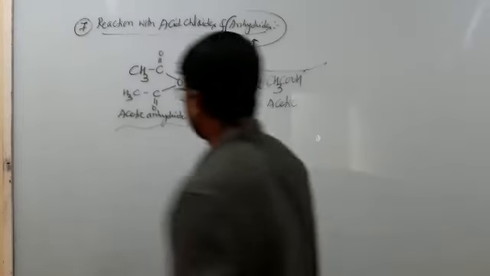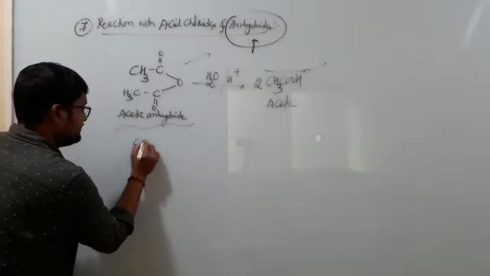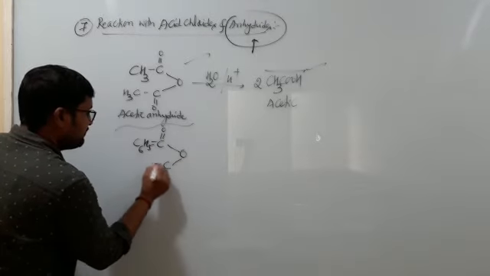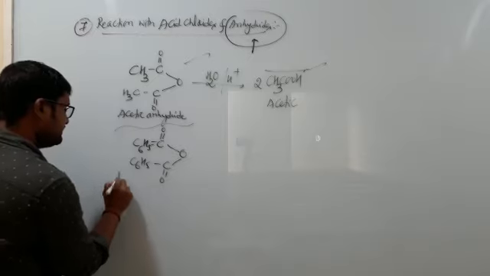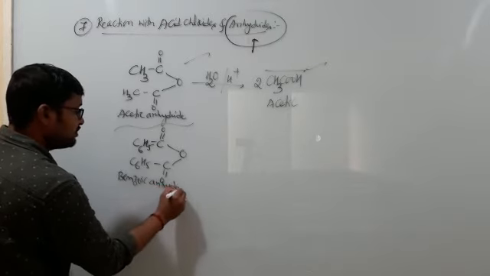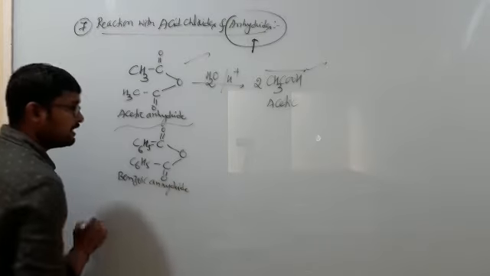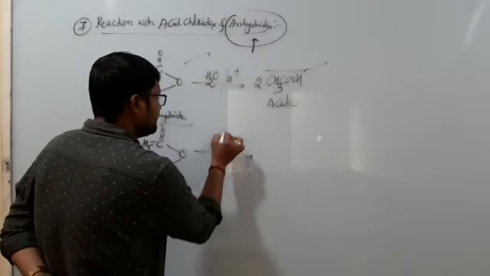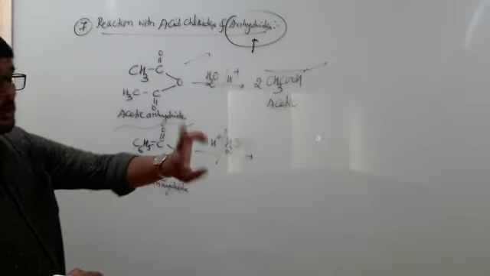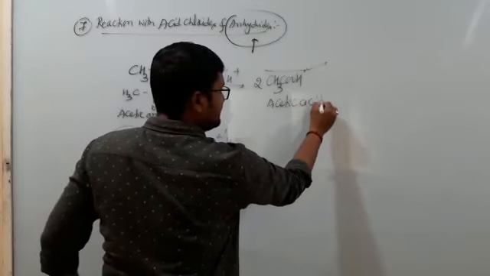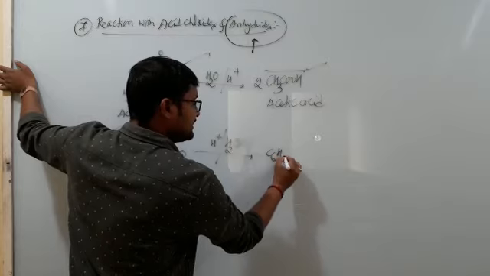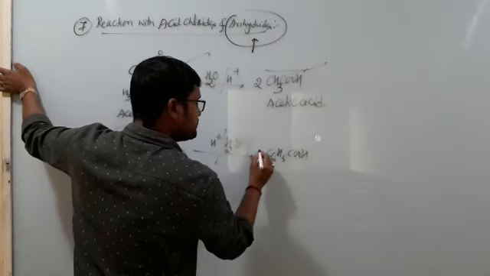In the same way, when I consider C6H5, C double bond O, O, C double bond O, C6H5, this is known as benzoic anhydride. So when this particular benzoic anhydride is subjected to acid hydrolysis directly, we are going to get what? 2 moles of, this is acetic acid. We are going to get 2 moles of what? Benzoic acid, that is C6H5COOH, 2 moles.